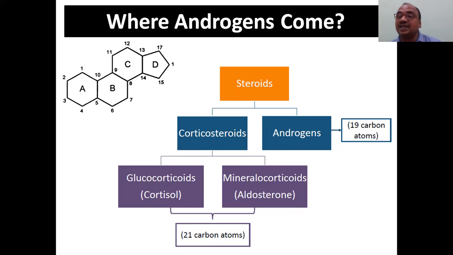There is a simple technique also to remember this. Androgens: A is the first alphabet, so 1 came first. Alphabet number 1, like that you can remember 19. Corticosteroids: C is alphabet number 3. If you add 2 and 1 here, it becomes 3. 2 1, 21, like that you can remember. 20 is a round figure that you have to keep in your mind, right?